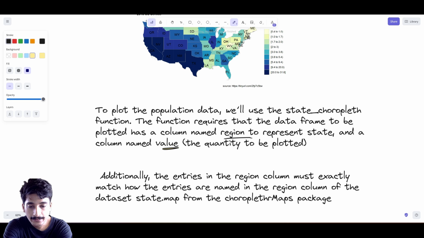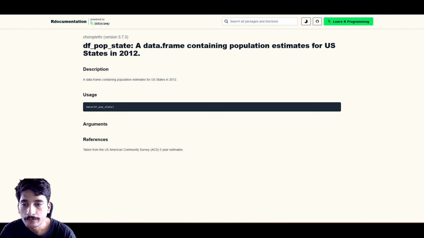And this needs to be in lowercase. Also, this needs to be in the standard format. That is, it should not be in short forms. It should be in their long forms, how they are mentioned. So the country should be in its standard name, and the state should be in its standard name. For this, we are going to use df_pop_state, which contains population estimates for US states